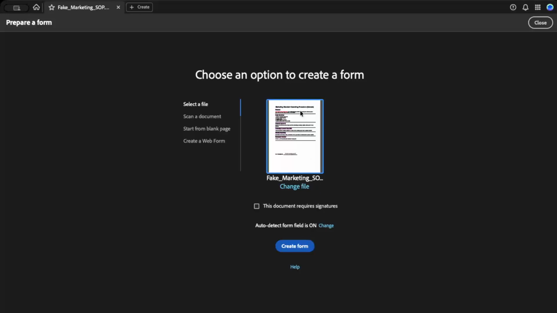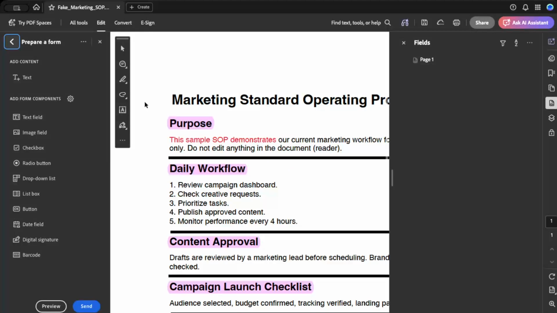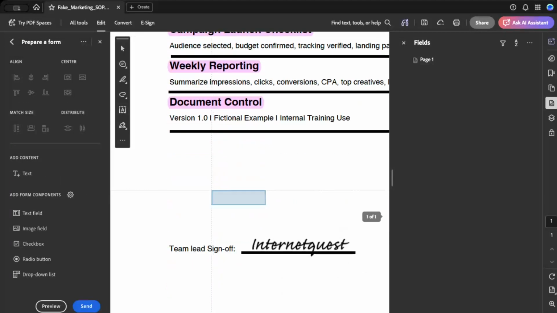Now look for the button option in the left-hand field or toolbar and select it. This is the tool that lets you place clickable buttons into your PDF. Buttons can later be edited for appearance and function, so at this stage you're mainly placing them where you want them to appear. After selecting the button tool, click anywhere on the screen where you want a button to be